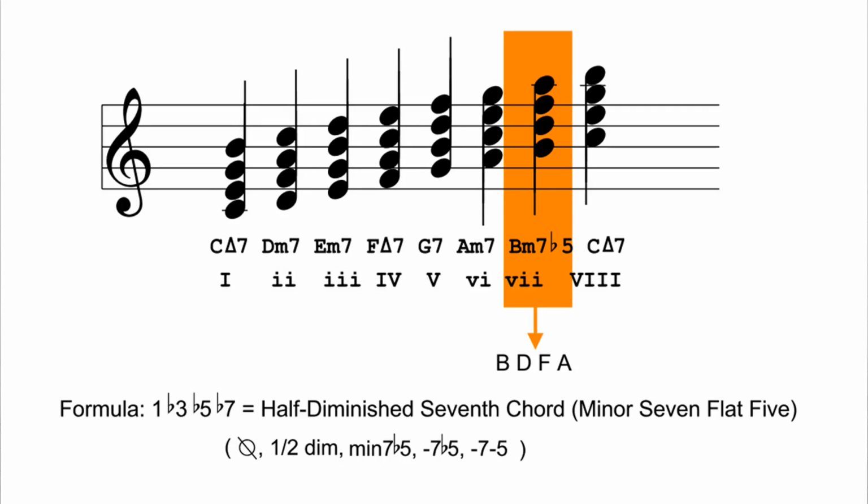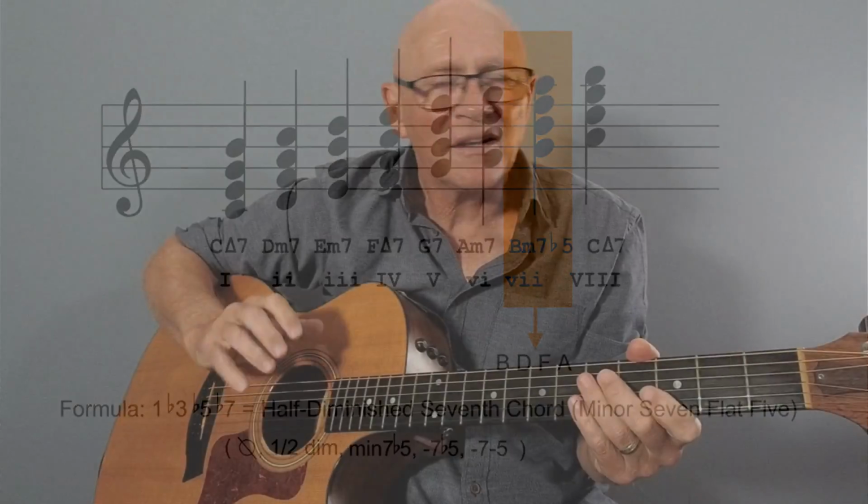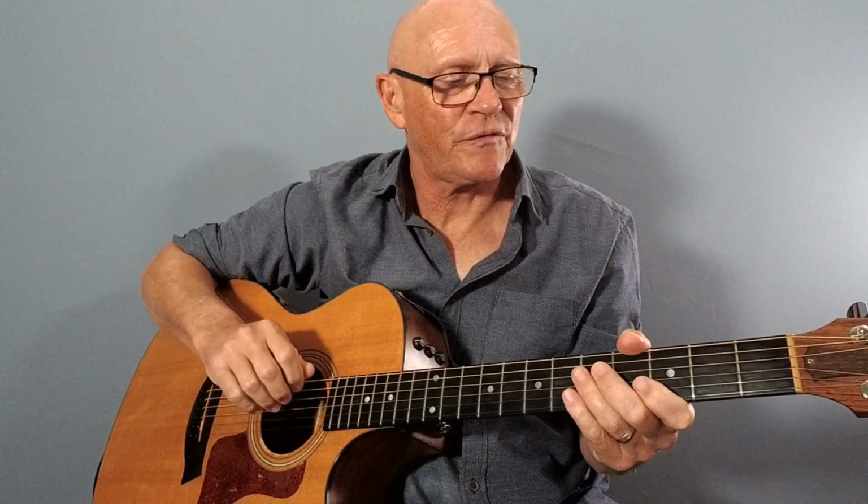Finally, we come to the chord built on the 7th step of the major scale. As you can see, this chord goes by 2 different commonly used names: the half diminished chord or the minor 7 flat 5. I quite like calling it the minor 7 flat 5 chord because that helps me remember how